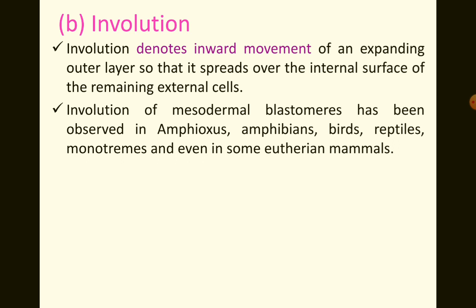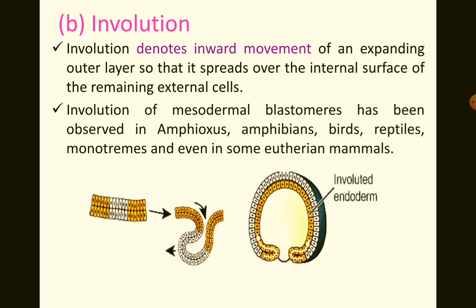Now the second kind of inward movement is involution. Involution is also an inward kind of movement, but of an expanding outer layer, so that it spreads over the internal surface of the remaining external cells. Don't get confused with this. What happens in involution is that the cells roll over a few cells, and then exhibit an inward movement. So if you observe this diagram here,